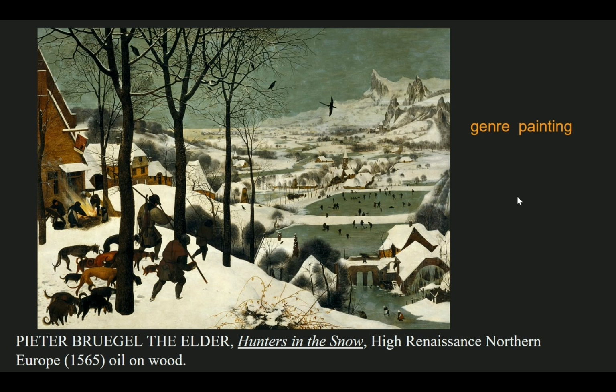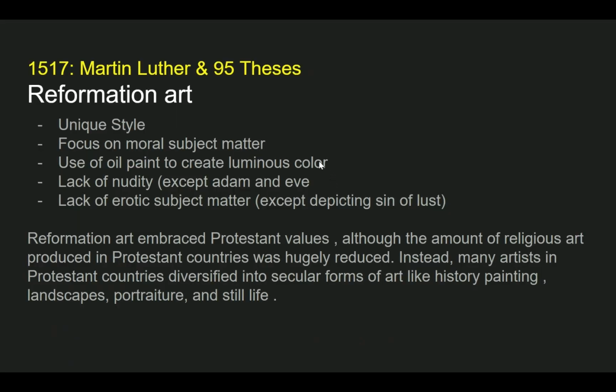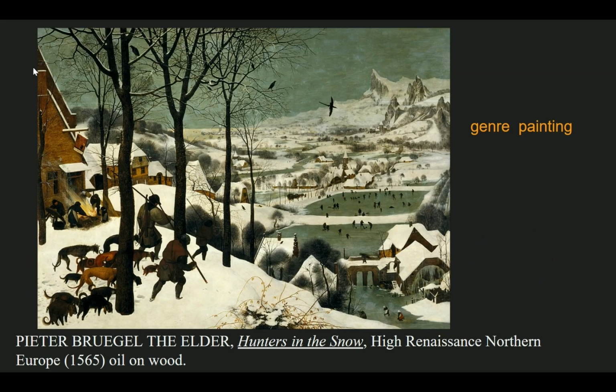But I want to hone in on this new idea of a genre painting. This becomes extremely popular in the Northern Renaissance, and we'll see this with the next unit with the Protestant Reformation. A genre painting is just scenes of everyday life. There's no Christian undertones here. There's no Christian or religious symbolism. Instead, what becomes popular is just focusing on everyday life in these grand pastoral landscapes, of just appreciating what's current, what's there.